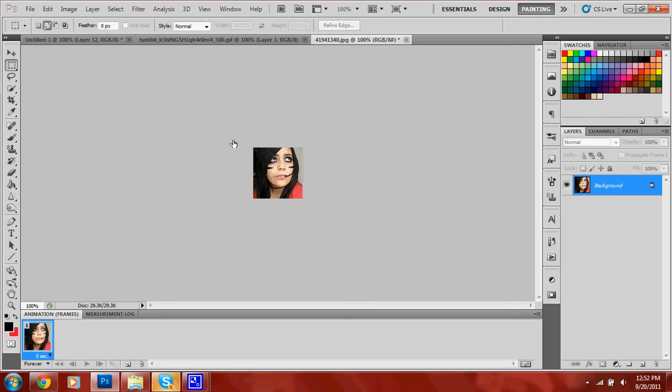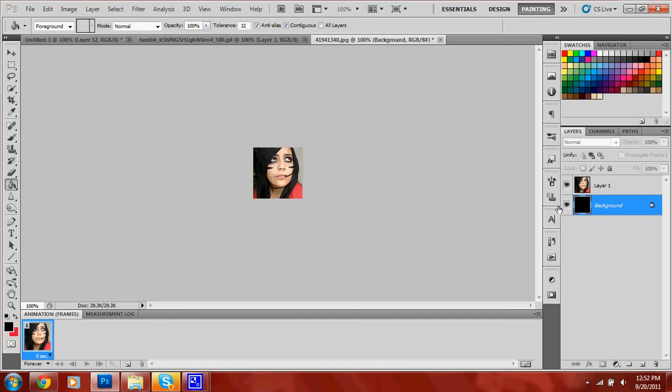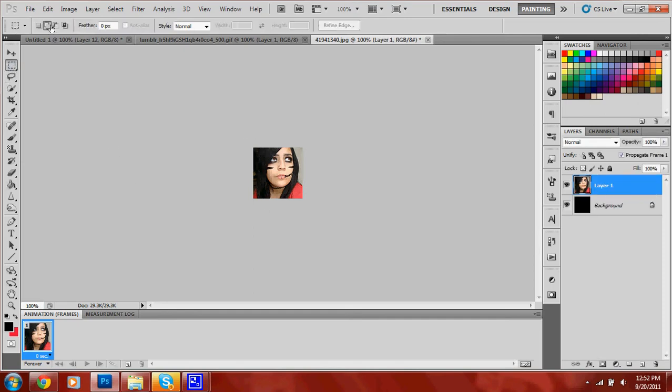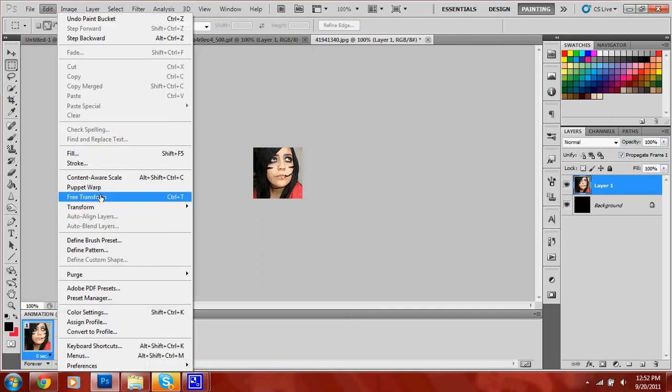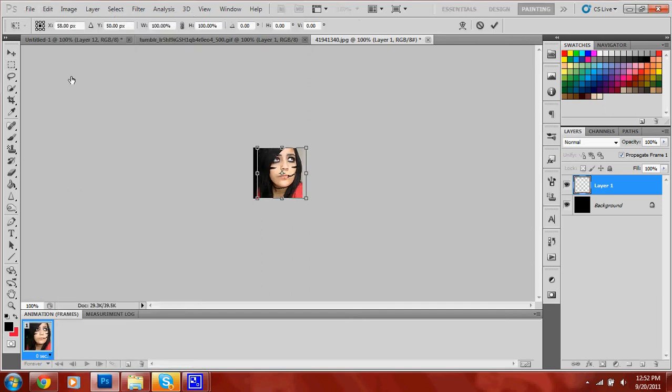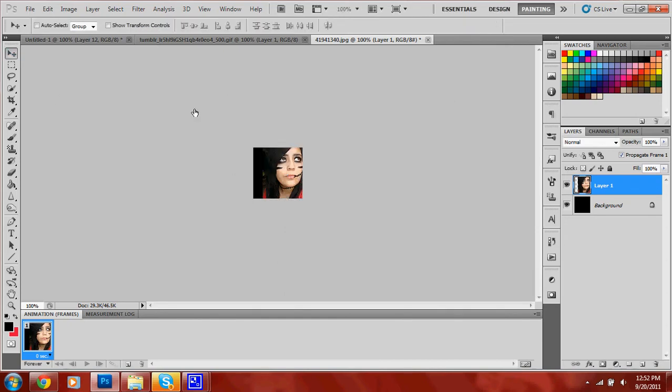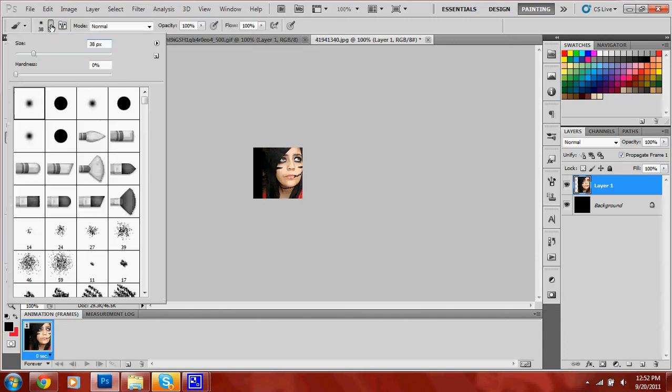Since this is a very small space to work with to put your GIF, I make sure that my background's black, considering I'm going to have that half black. But I move my image over just a little bit, basically just to the part where her face is touching the other side of the icon, and I just